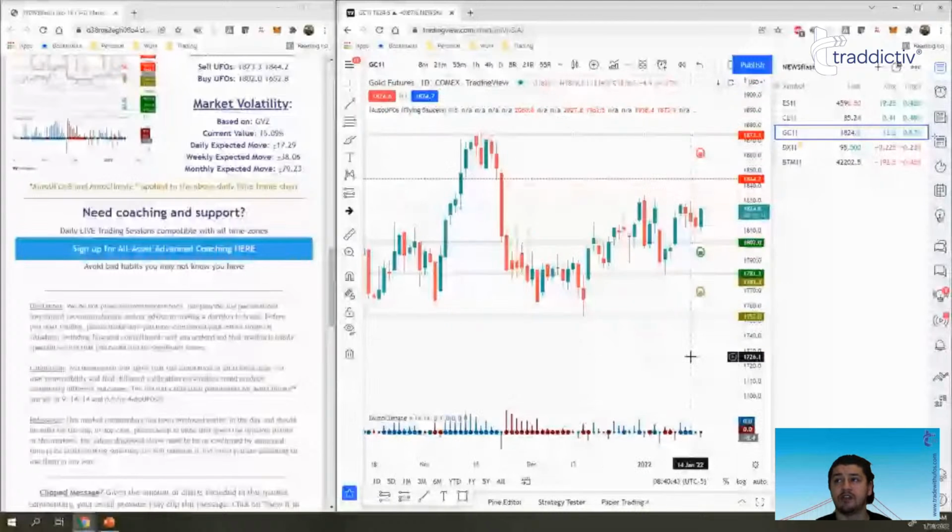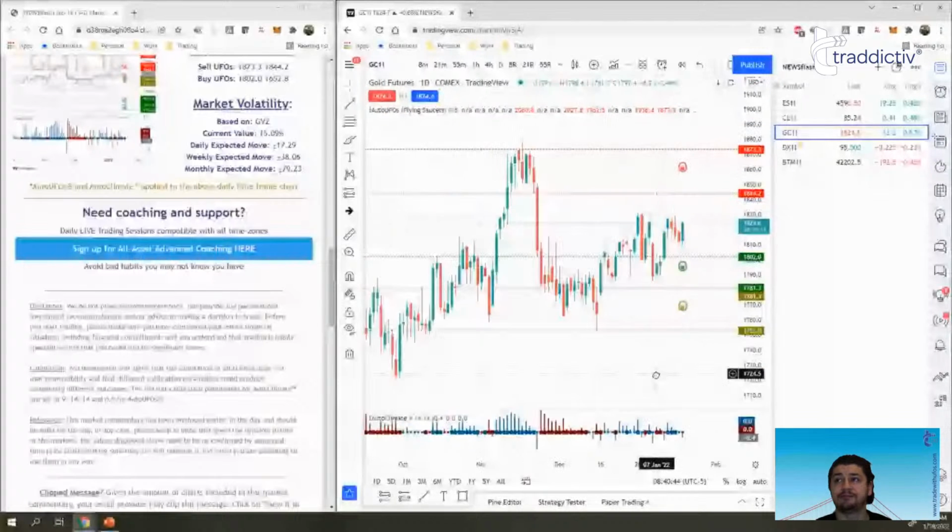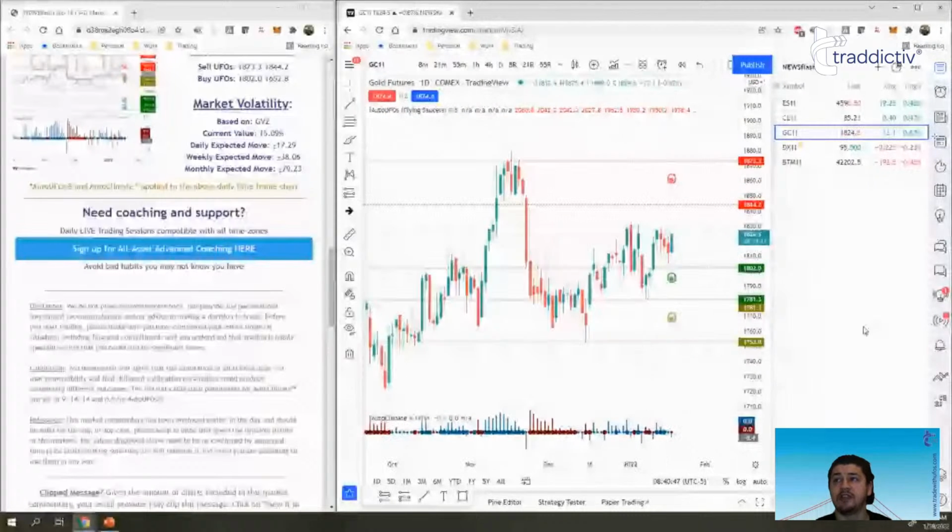50.09% volatility for the day. As we see, gold is again between this range. It's looking like it wants to hold the lows here, right? It's looking like it wants to keep making these higher lows. However, the highs are not being taken out as of right now. So we'll see if this pop today brings a little bit of a different scenario to us.